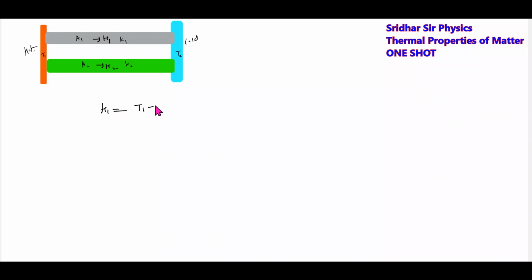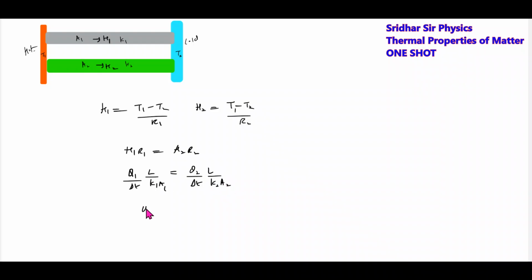What is H1 equal to? T1 minus T2 by R1. H2 equal to T1 minus T2 by R2. H1 R1 equal to H2 R2. What is H1? Heat flow, no? Q1 by delta T. R1 is L by K1A1. This will be Q2 by delta T, L by K2A2. Q1 by K1A1 equal to Q2 by K2A2. So the ratio of heat flown across the rod,